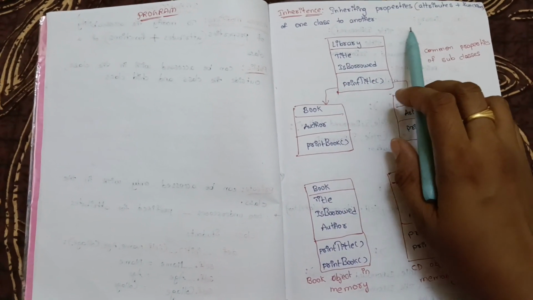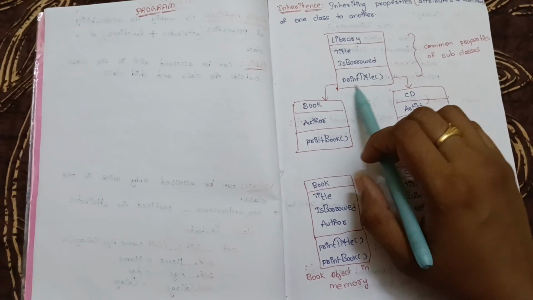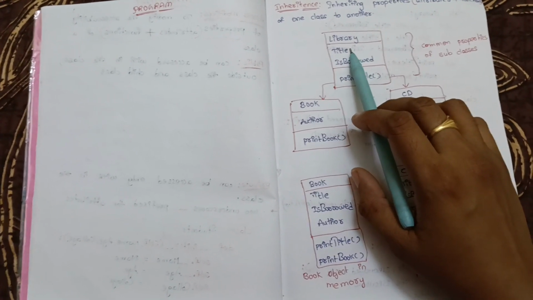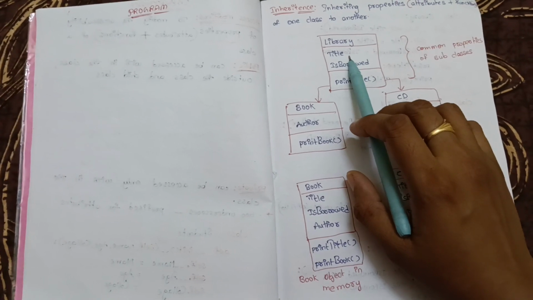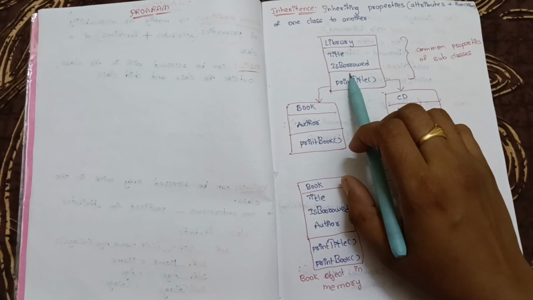What do you mean by properties, by the way? Properties means attributes and the functions present in one class. We can call collectively all of them as properties of that particular class. Okay,